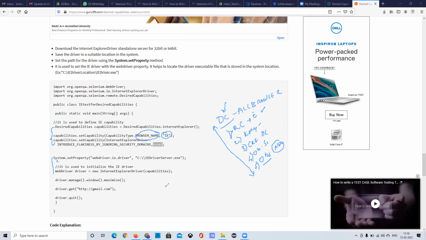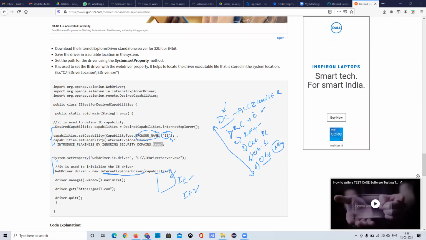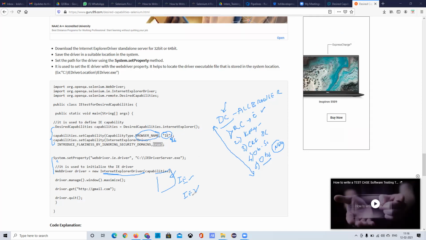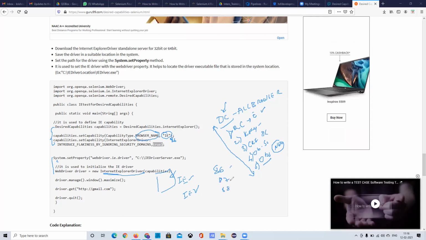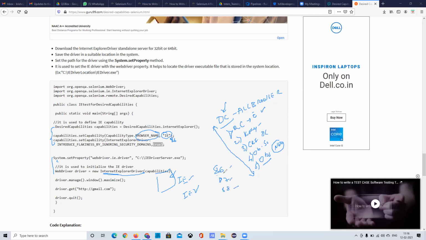Because this is my physical machine, my laptop. I know I have IE, and because I'm giving the Internet Explorer driver, it will open only Internet Explorer, and I'll give it as the IE version. For example, I can give the browser version equal to 86. But in my machine I can do only one browser installation. I can't install 86, 87, and 88, all three browsers. So there will be only one browser. That is the reason we are not using the capabilities over here.